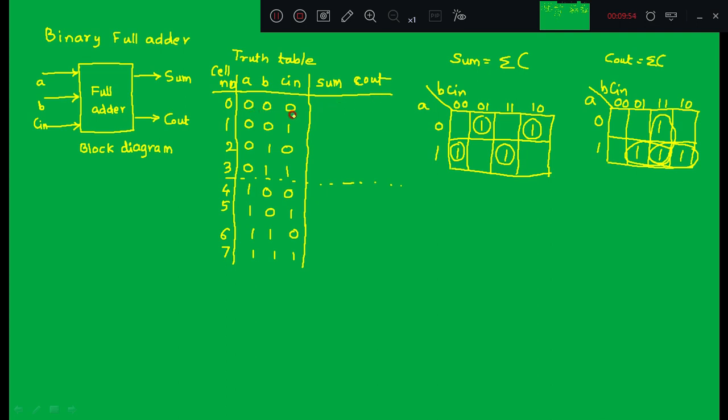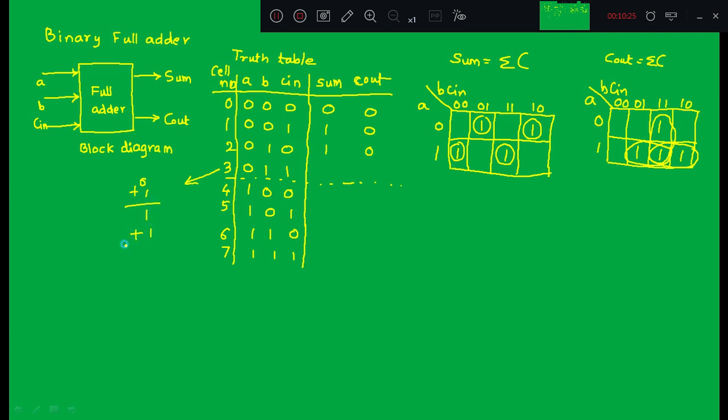So the input can have 8 different combinations. For 0 0 0, sum is 0, C out is 0. For 0 0 1, sum is 1, final carry out is 0. For 0 1 0, when you add 0 and 1, sum will become 1; 1 plus 0, again sum will remain 1. For 0 1 1, when you add 0 plus 1, sum is 1.